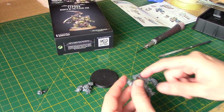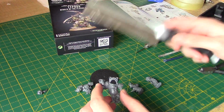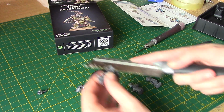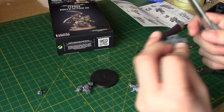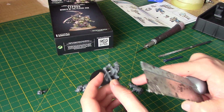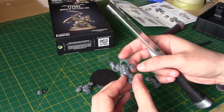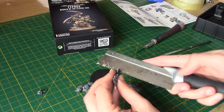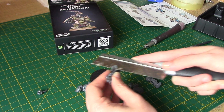So we really need to concentrate on trimming these arms. I've got the Citadel saw, the old one, so I think that might be better than using the clippers. We're going to run the saw along this bit here, I think. Actually, no, we might keep that bit for now, because we might get away with keeping that on. Looking at it, I'm not 100% confident, so actually, no, we are going to cut this bit off, because we can always glue it back on if we get a nice clean cut. You're not going to see a lot of this shoulder pad, so we could get away with not actually...